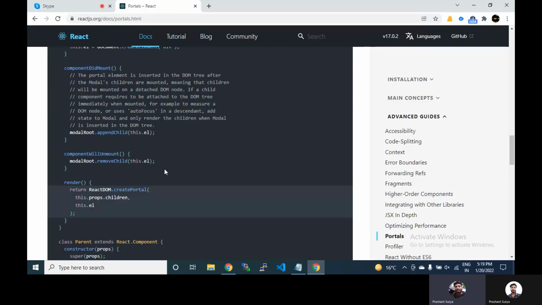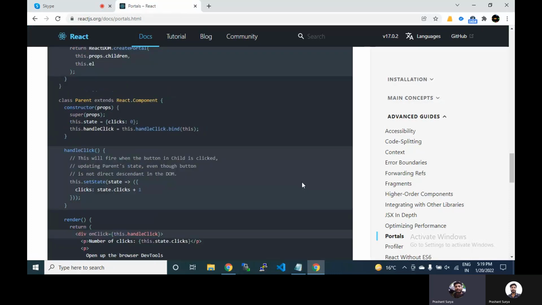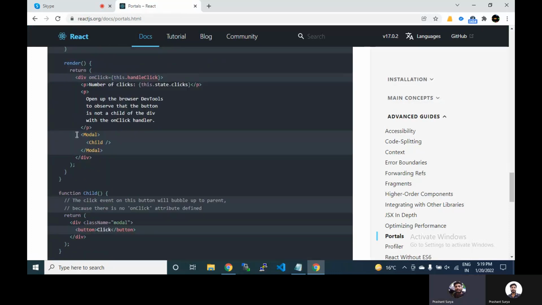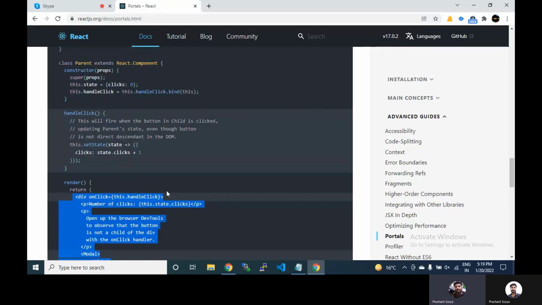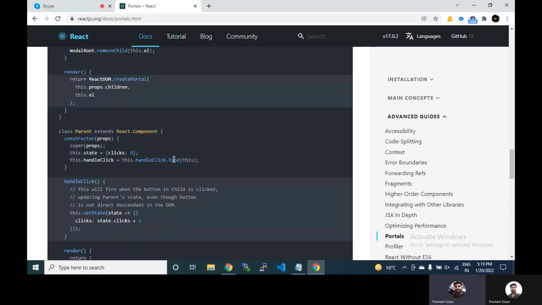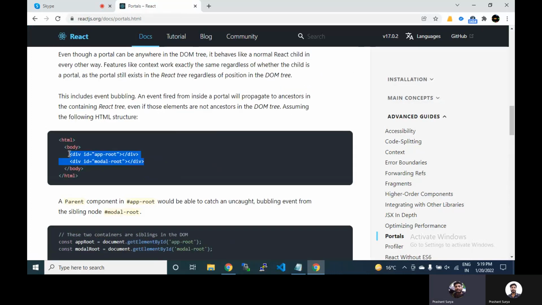If you wrap any component inside this modal, like this modal and this child element, then the events inside this child will be listened to by the whole component DOM. So this basically works as a bridge between these two main roots. This is the modal root, and if there is any click inside this, it will be listened to.